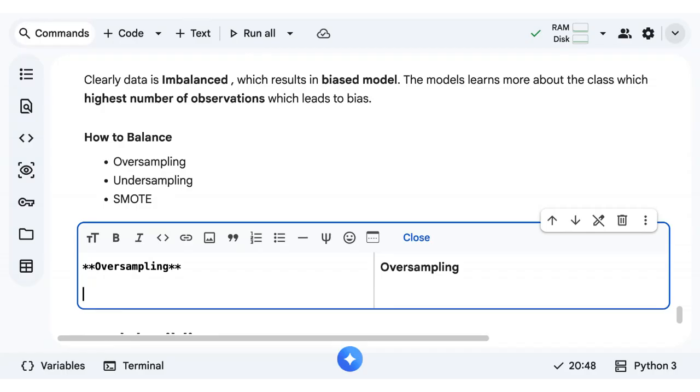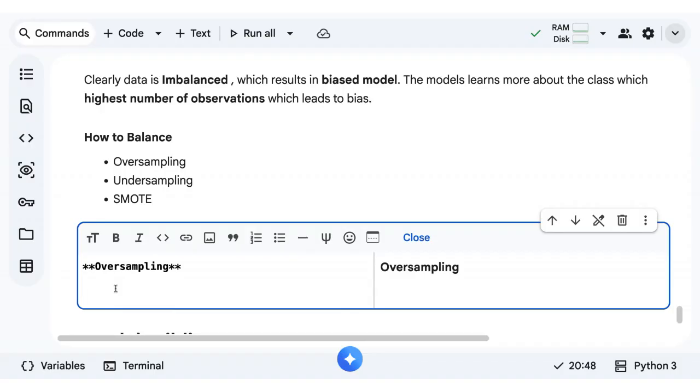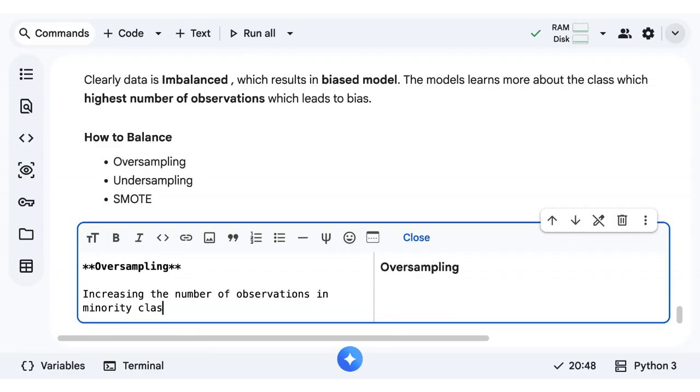We call it majority class and minority class, okay? The category which has the highest observations is the majority class. The one which has fewer observations is the minority class. Oversampling in the sense increasing the number of observations in the minority class to match the majority class, by duplicating observations.